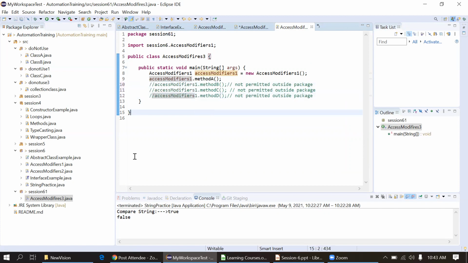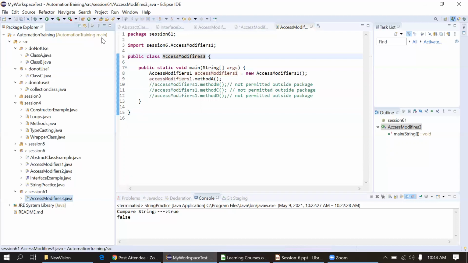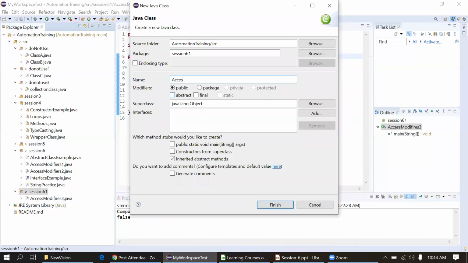Okay. Now what will I do? I will create one more class, or yeah, I won't create a new class. I will just simply extend. No, I will create a new class. Yeah. Otherwise it will create confusion again. Access modifiers.